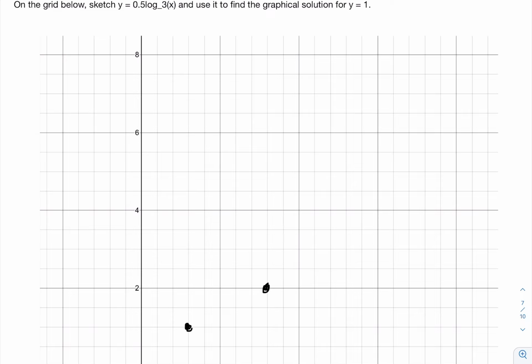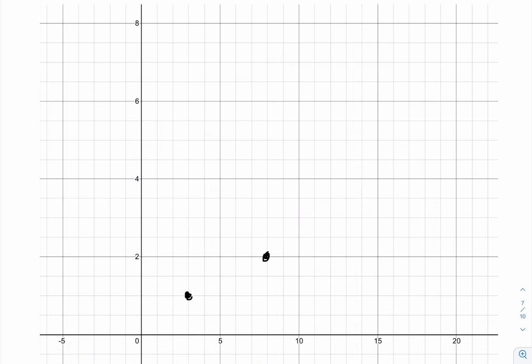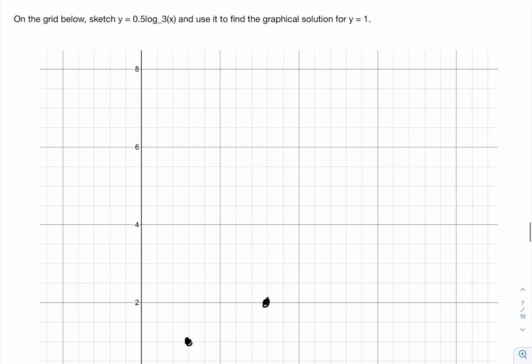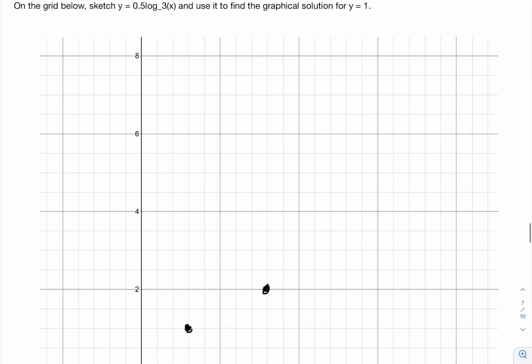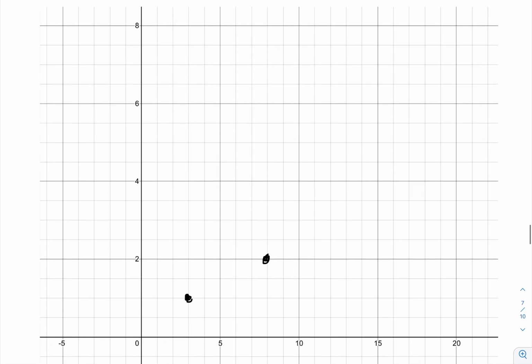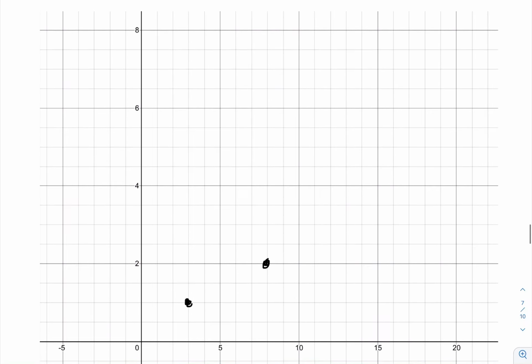And now 3 to the power of 3 is... hold on. This would be 3 to the power of x. Yeah, so this wouldn't be 8, this should be 9, sorry. Because 3 to the power of 2 is 9, and 3 to the power of 3 is 27, so it's going to be somewhere over here, and you can see the sideways exponential, which is really